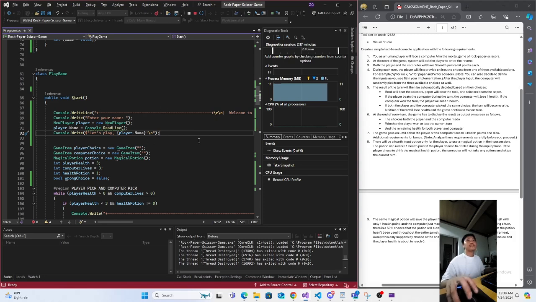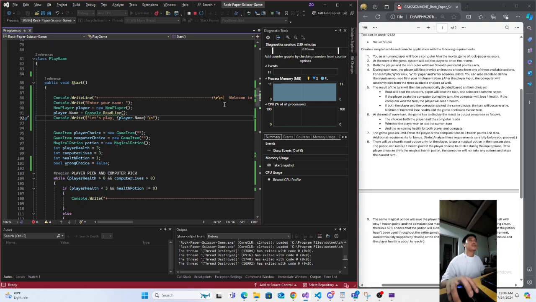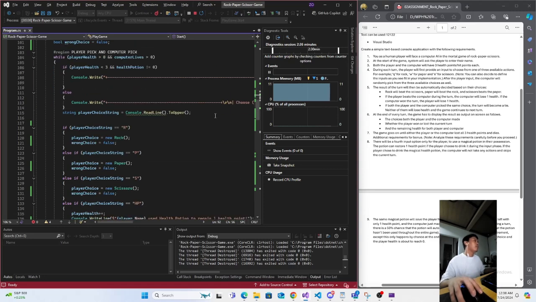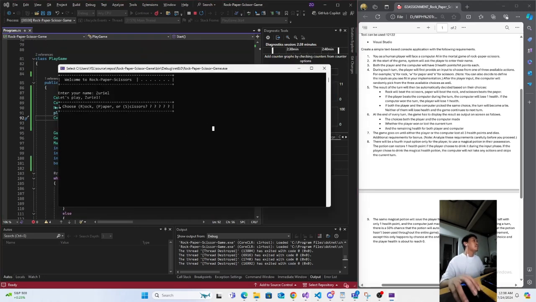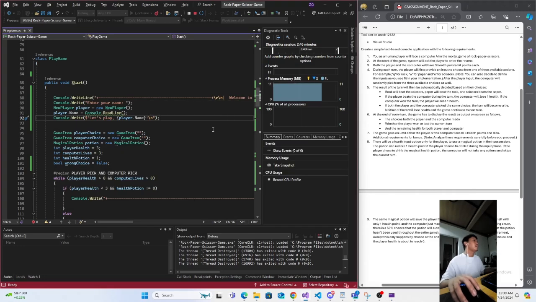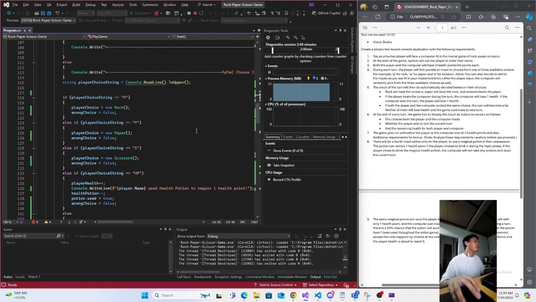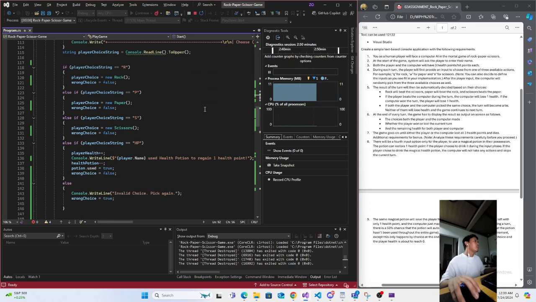Okay, so that was one of our OOP topics, and then one of the requirements for this game is that player and computer could then choose between rock, paper, or scissors. We could actually see it here for the user, but we don't see it for the computer, right? So, looking at the program,